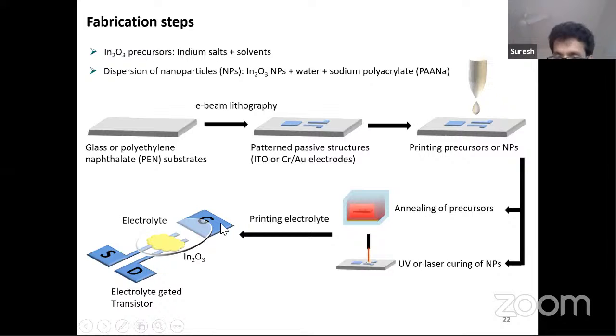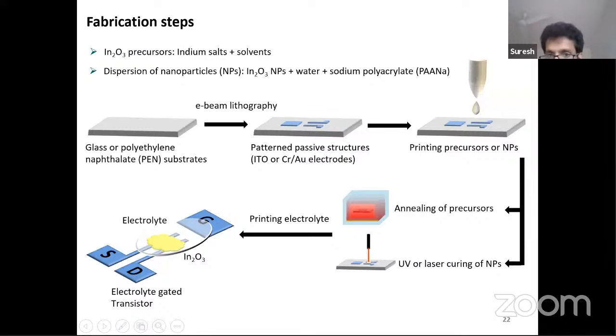You may wonder, sir, the device structure looks completely different from what I have shown before. Yes, there are different kinds of transistor devices. So this is called in-plane transistors, where you have source, drain, gate in the same plane. They are not top gate or bottom gate. They are in the same plane, but you can connect the source drain using a semiconductor, and you can connect the semiconductor and the gate material using the electrolyte. That forms the capacitor, and the source drain is connecting the semiconductor where you can tune the charge carrier flow. So this is called in-plane transistor, and this is electrolyte gated transistor